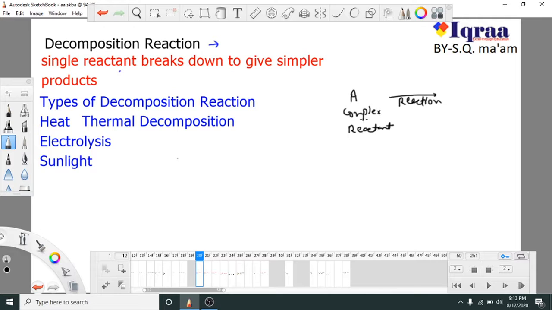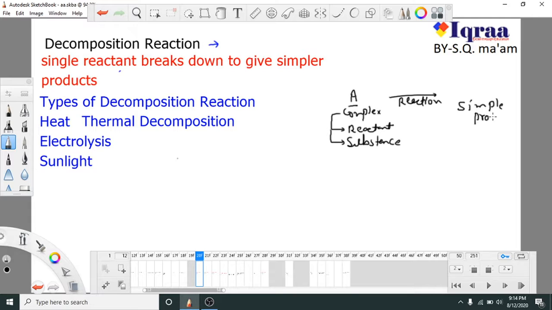So A is a complex reactant, or we can say a complex substance, and after going through a reaction it will produce two simple